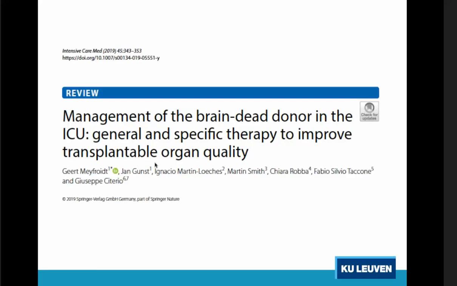A second aspect, maybe this was also part of the question, I don't know, is that an ECMO circuit can also increase the number of available cardiac donors when it is used in an NRP protocol. Then we actually do not call it ECMO. NRP is in fact normothermic regional perfusion. It is not for brain dead donors, but for donors who die after circulatory death. Traditionally, in these kinds of donors, the heart could not be procured because the patient suffered a cardiopulmonary death. But recently, several centers have started a protocol of normothermic regional perfusion, whereby after death has been confirmed,